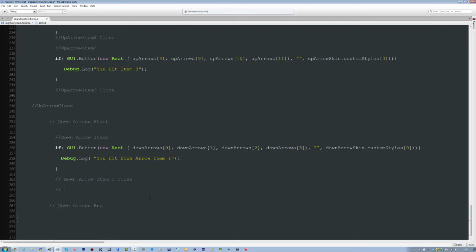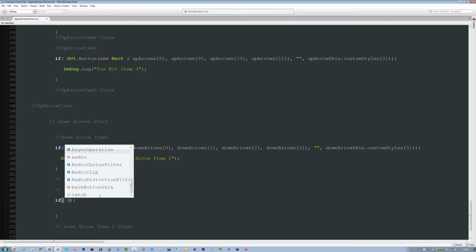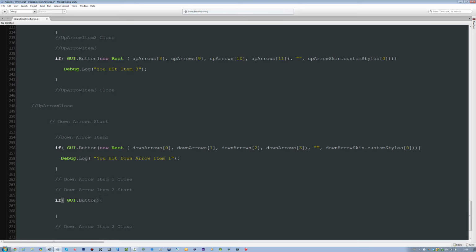Okay, inside here, let's say down arrow item 2 start. Then I'm going to put down arrow item 2 close. Okay, and inside this we're going to add a statement. If open bracket close bracket open curly brace, closing curly brace, GUI dot button open bracket new rect